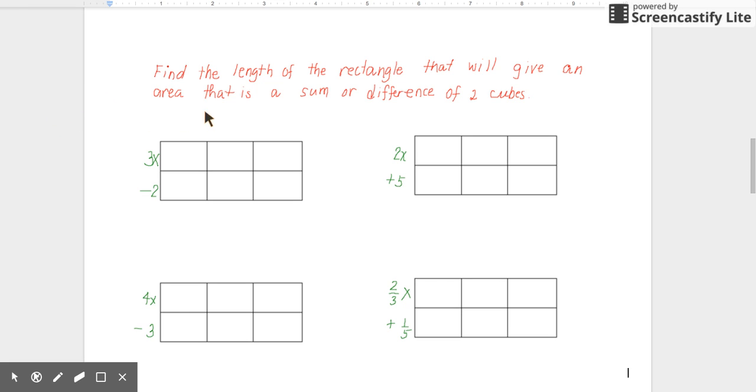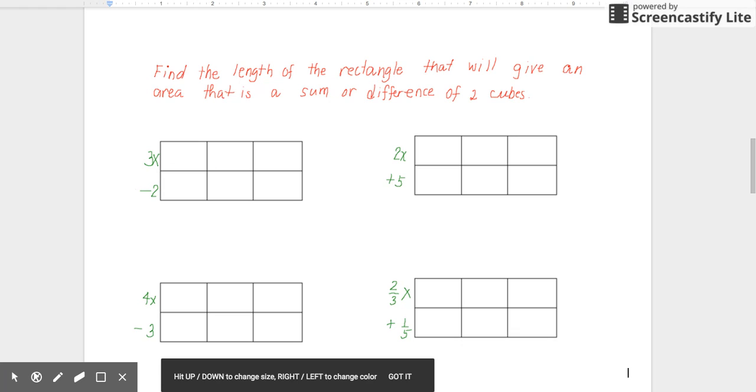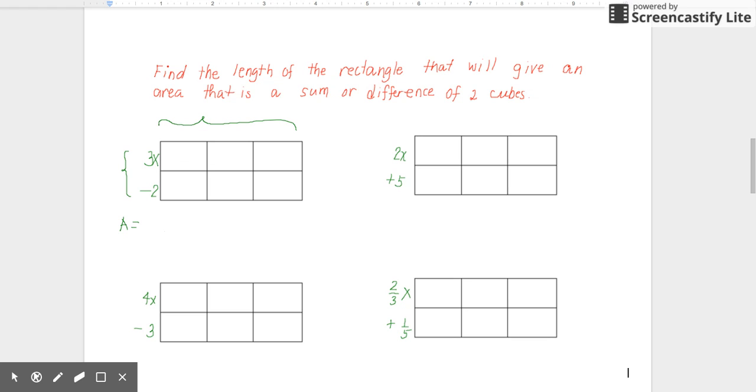We want to find the length of the rectangle that will give us an area that is a sum or difference of two cubes. So that means we want to find the expression here, which is a trinomial, so that when we multiply it by 3x minus 2, the area is a perfect cube plus or minus another perfect cube. Okay, so